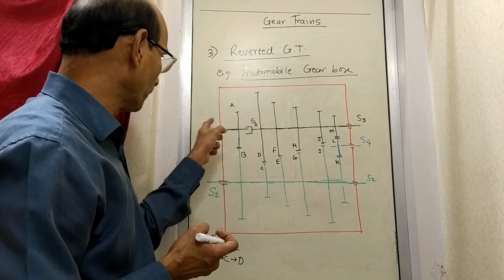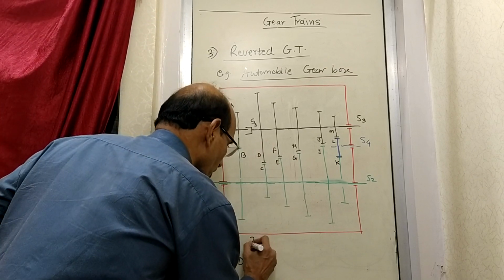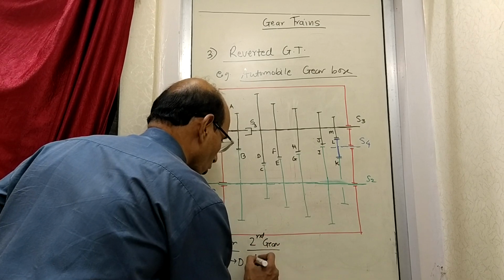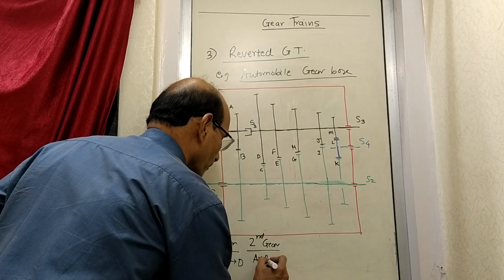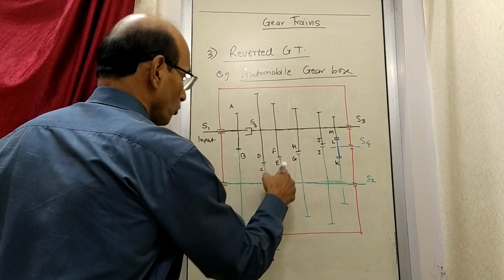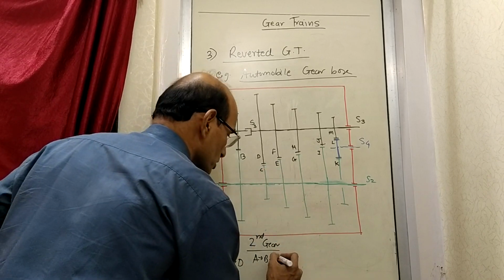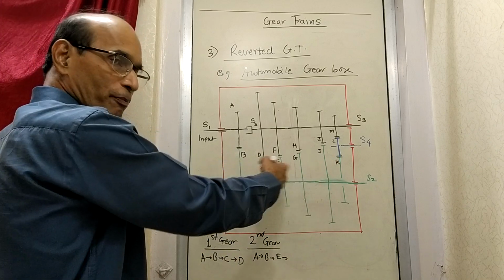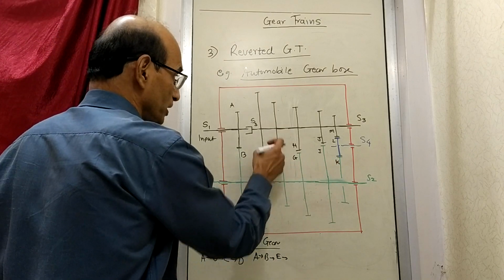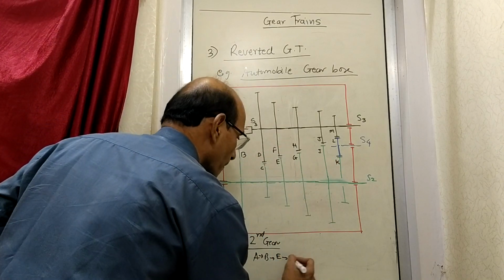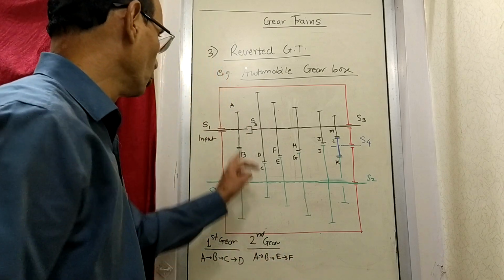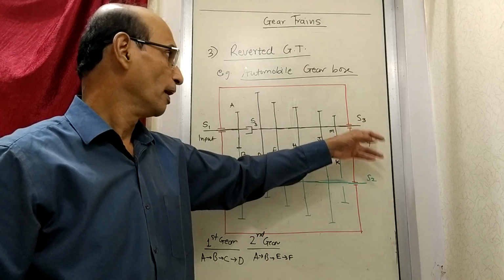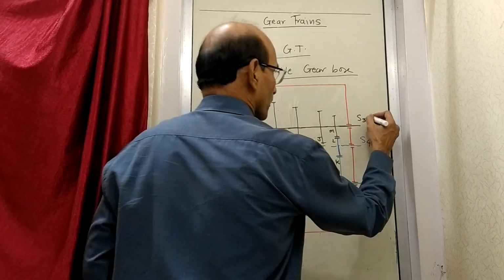Okay, so now the power goes, I'll write here, second gear. Power goes from A to B. Now from B to E it goes. In fact, B to C is anyway going because it's all fixed. More important is from E to F it goes. A to B, B to E and E to F. So now you get a different speed ratio. And now the output shaft is the output shaft.